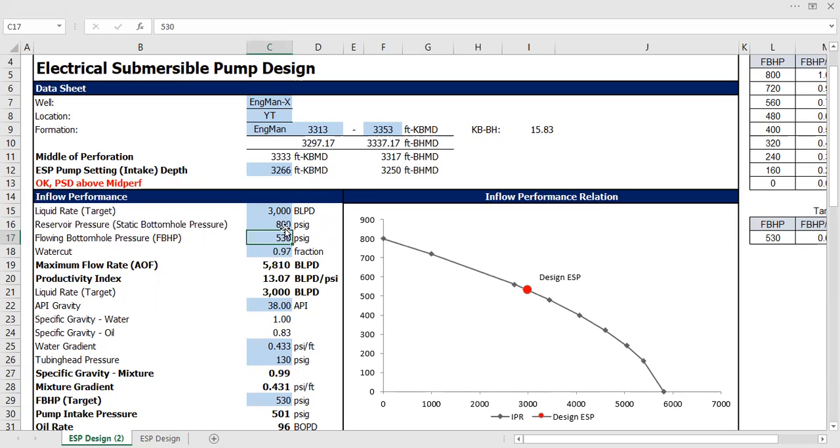I need to estimate my flowing bottom hole pressure if it can flow. But currently I don't know, so I will not use this value. I will skip it for now. I can also delete it. And water cut, I know it's a water source well, so water cut will be 100%, or 1 in fraction. And maximum flow rate,